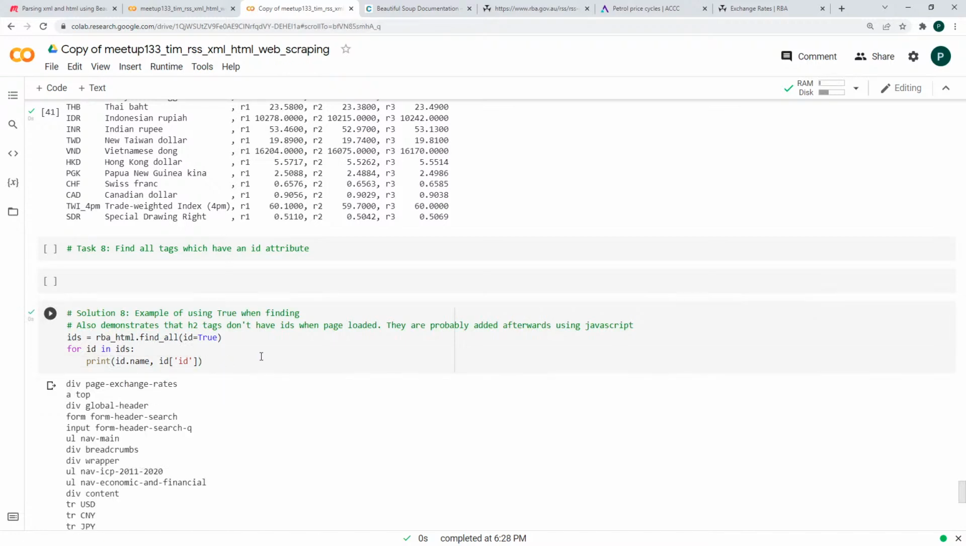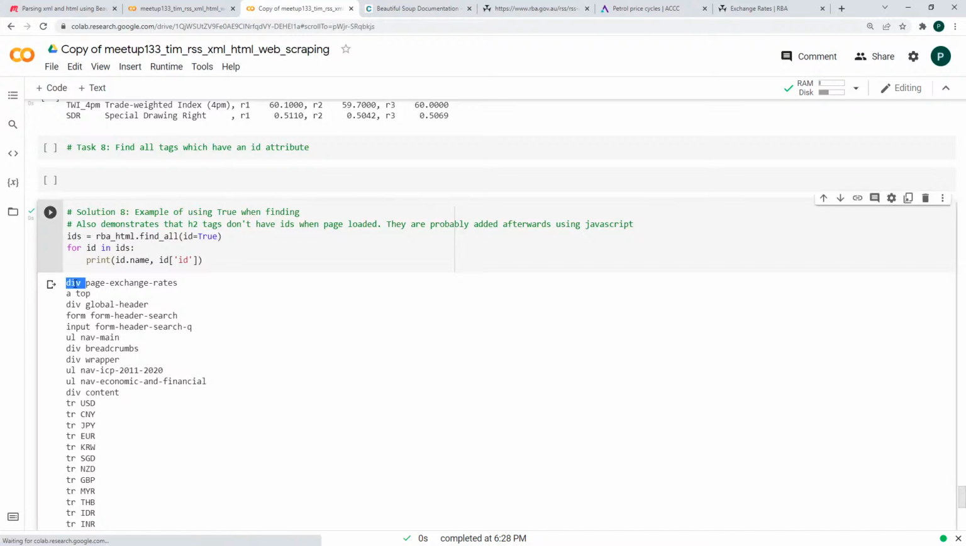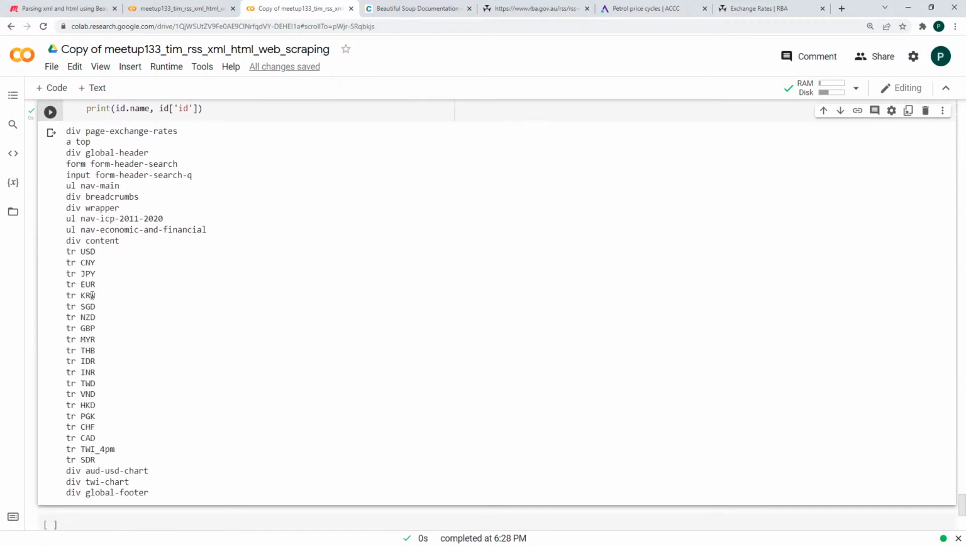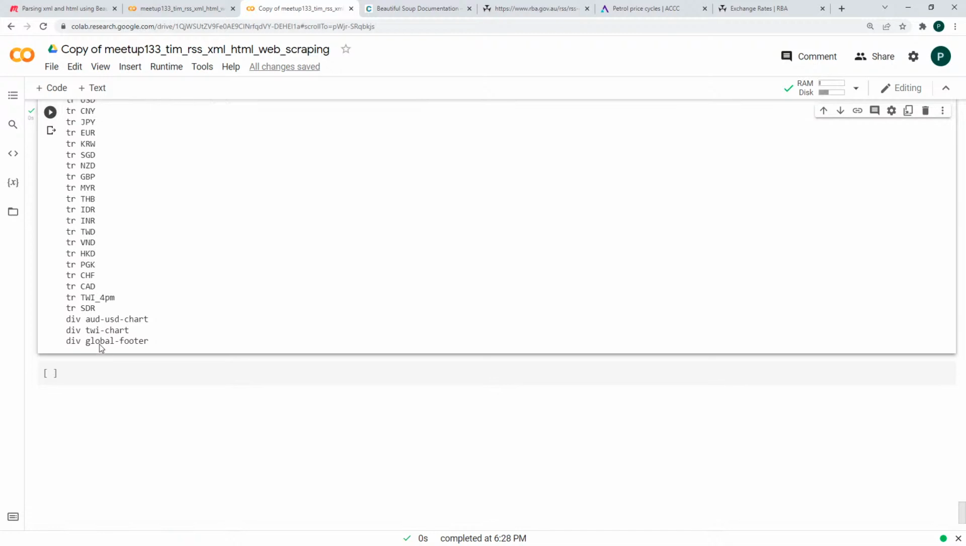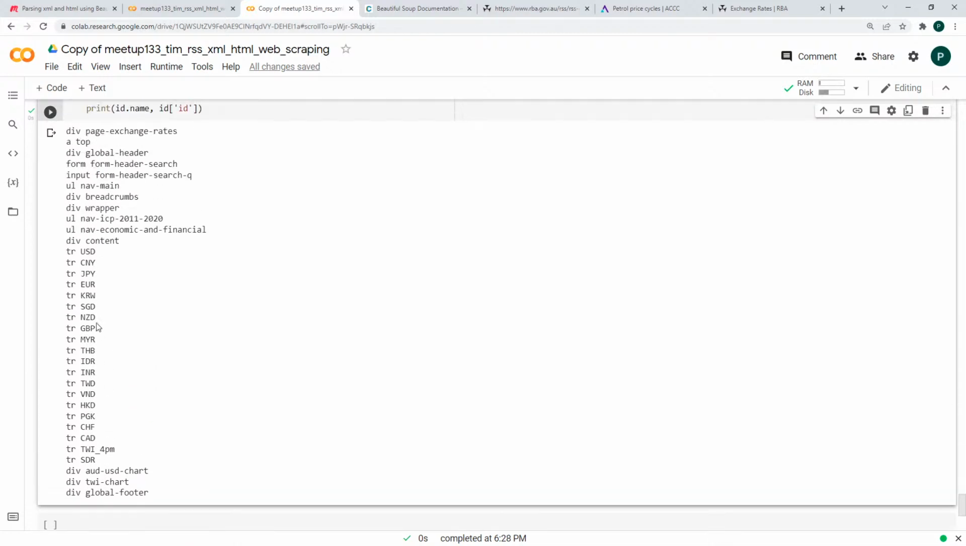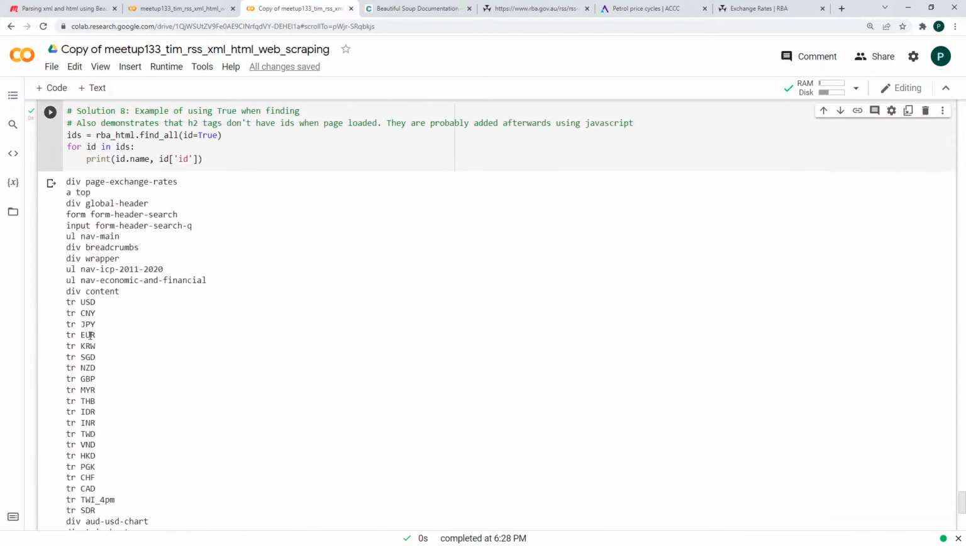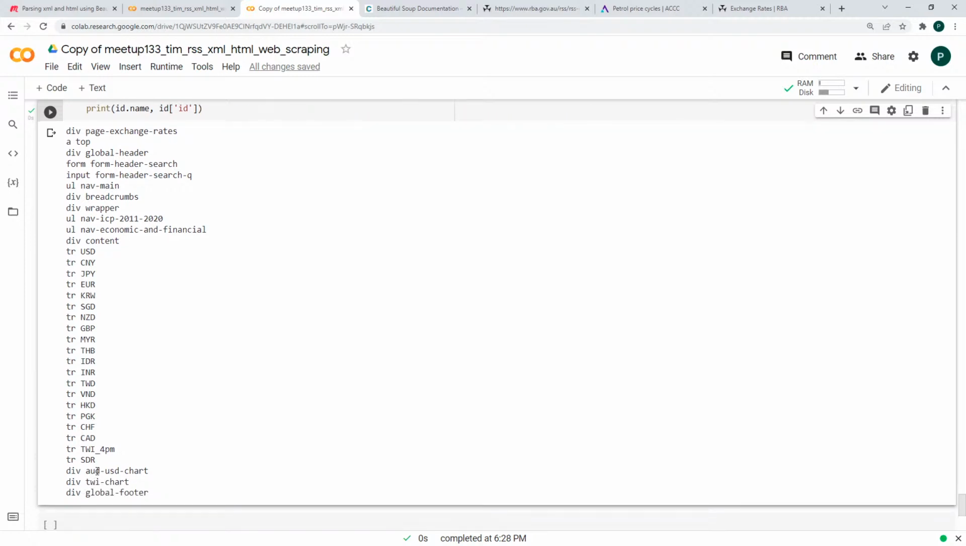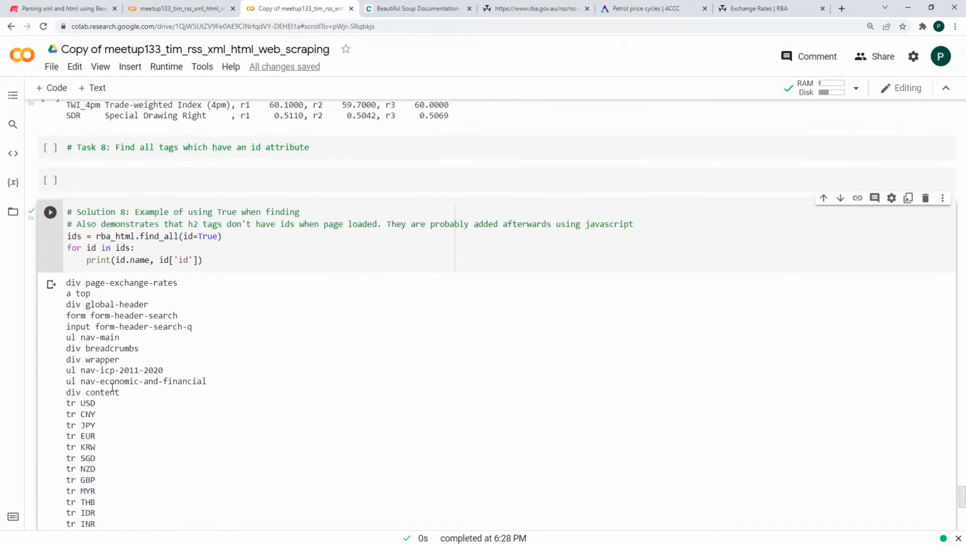So that's the name of the tag as a div, and that's the ID, page exchange rates. A top div global header. Okay. And there's all our TRs, which have got our IDs for our currency codes. Now what you'll find interesting here is that there's no H2s in this list. And you might think, well, that's because none of the H2s have an ID. So let's have a look at the